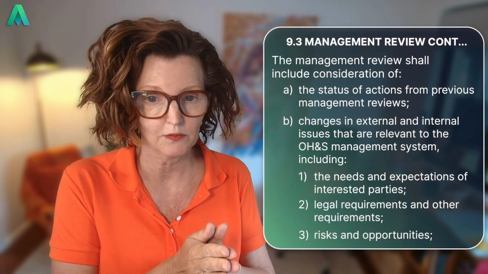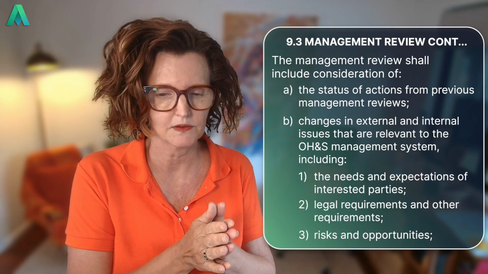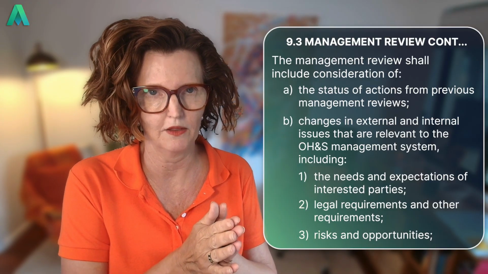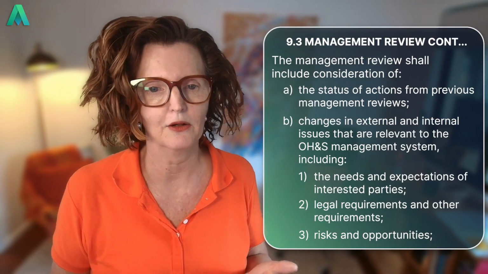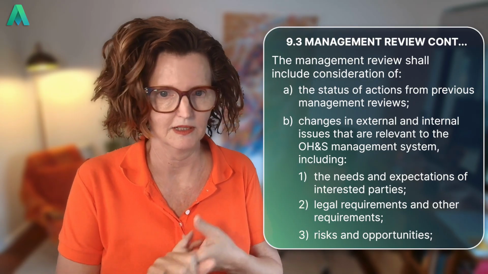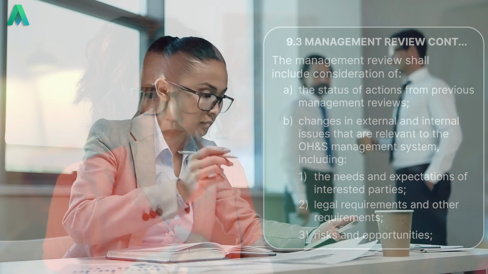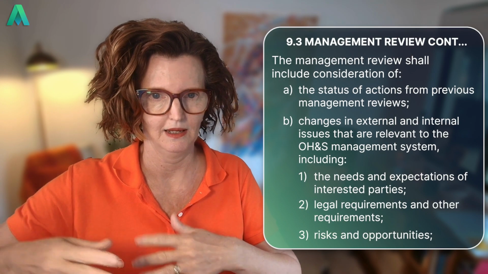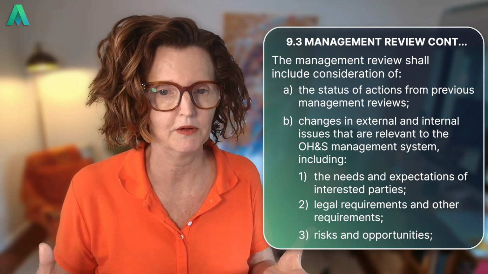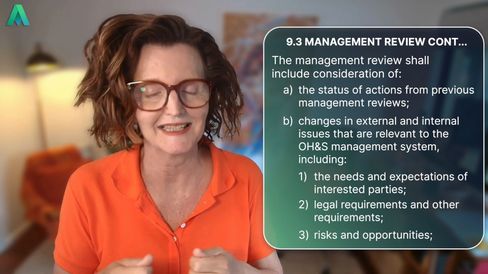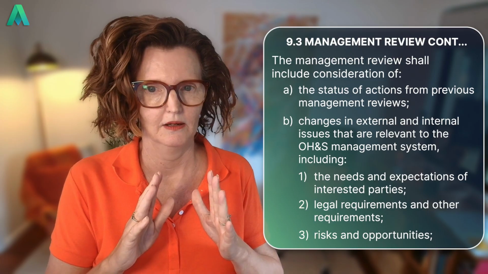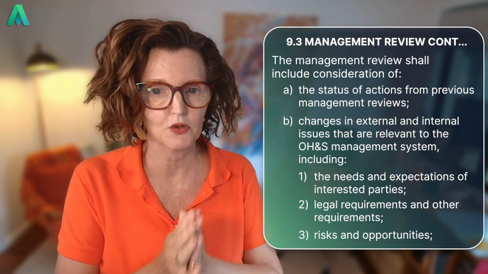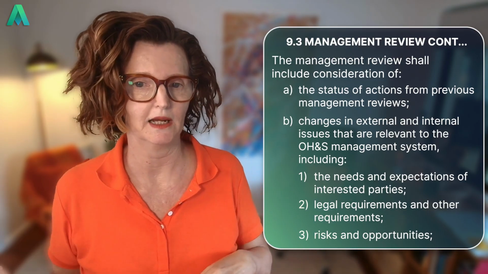Then you've got your legal requirements and other requirements. So that's 6.1.3. Part of that clause is identify what your legal and other requirements are and how they apply. Have they changed? All right, so you've already done these 3 things, and this input, this requirement for management review is simply, is it still the same? Do we need to update it? Do we need to add anything new?